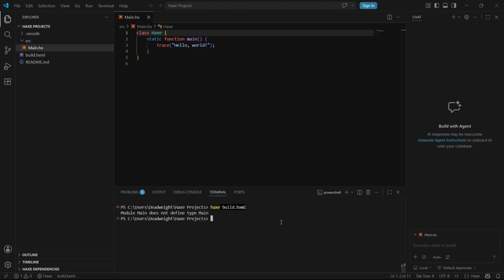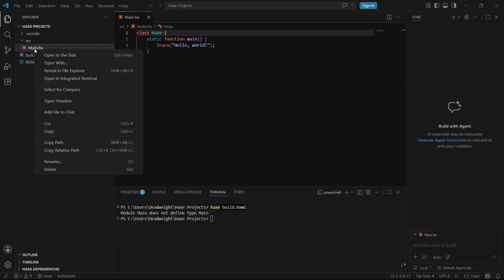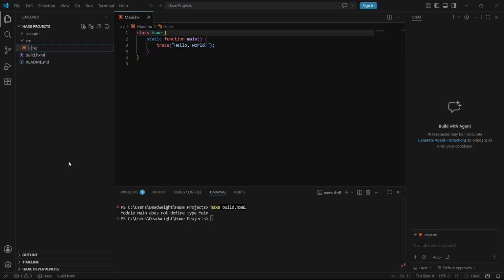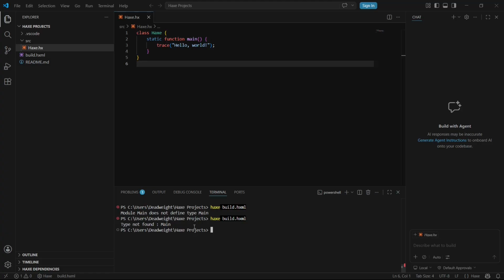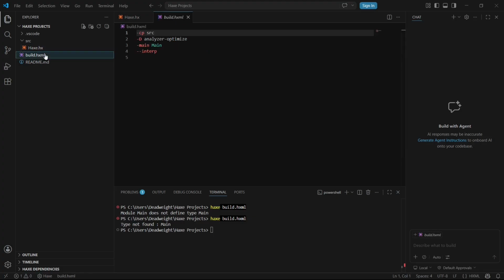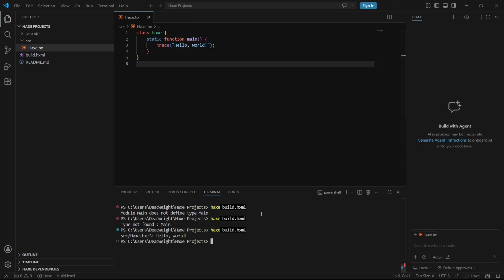returns an error. But if I also change the name of the hx file to Haxe as well, and then try building again, it once again returns an error. This is because the build configuration is being stored on the build.hxml file. Now if I check that, as you can see, it's referring to the main class, which doesn't exist anymore. So if I change this to Haxe as well, save, and then try to build the program, it prints the